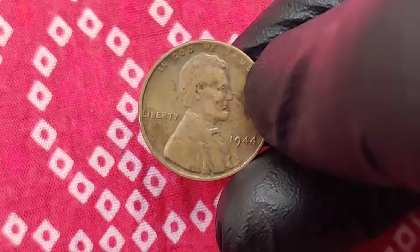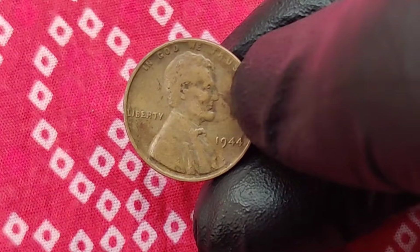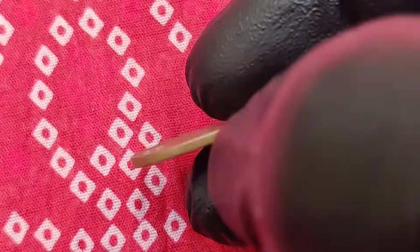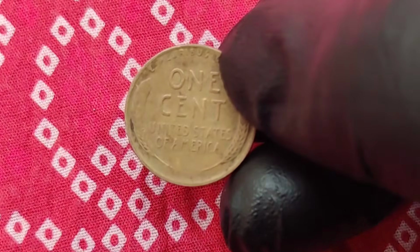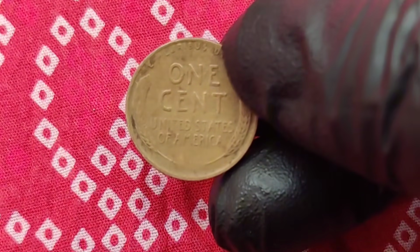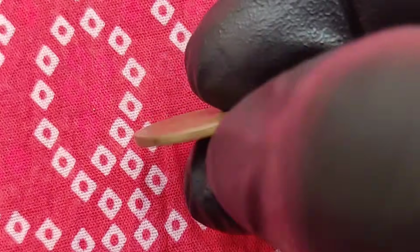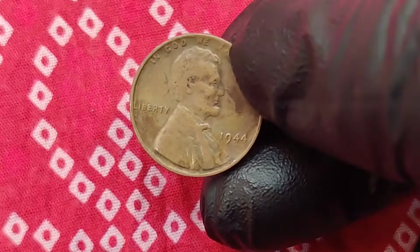Let that sink in. One single penny, something worth 1 cent, now carrying a price tag that rivals a luxury home down payment. The market value of this coin is rising faster than ever. Experts say its price climbs every year, as high-grade survivors continue to vanish into permanent collections. If you ever find one, treat it not as pocket change, but as a personal treasure chest, a rare fragment